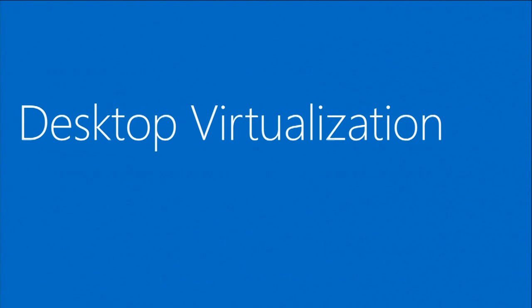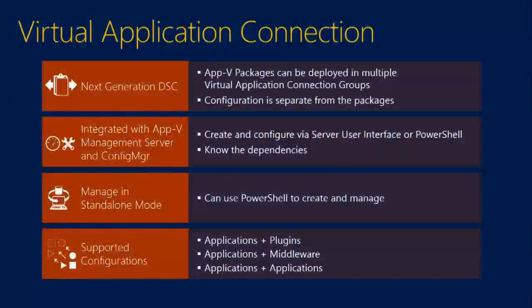And one other piece before we move to the next slide is just making sure the virtual environments that are built into Configuration Manager are essentially what we call the virtual application connection groups. So if you are using just the App-V management server or a standalone App-V client itself, you'll have what we call the virtual application connection groups and virtual application extensions. When you move into Configuration Manager, we start calling them virtual environments, which is, again, essentially the same thing.